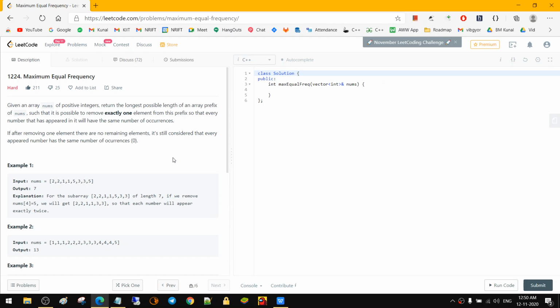Hi, today we'll be solving this question, maximum equal frequency. This question is basically a problem in which we are given an array nums and we need to figure out the length of the longest possible prefix such that if you remove exactly one element from the prefix, we will be getting a resultant array that has